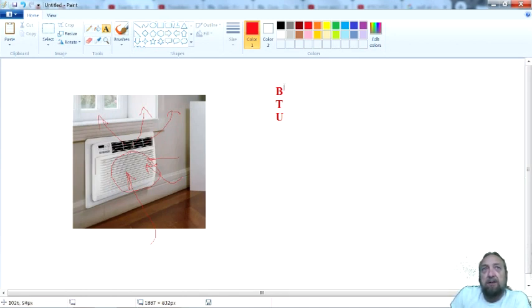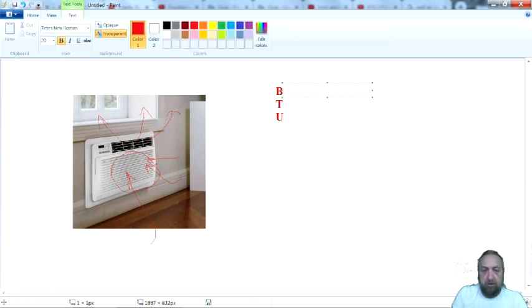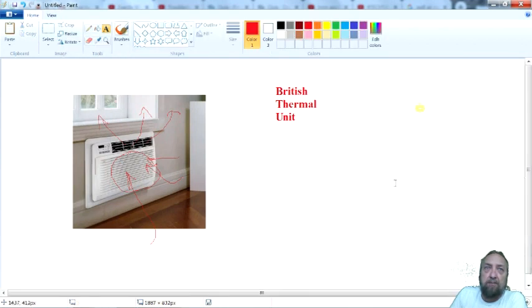Okay, and so BTU stands for British Thermal Unit. Okay, but it is important to know this when you're working on a wall and window air conditioner, because when you buy that AC,